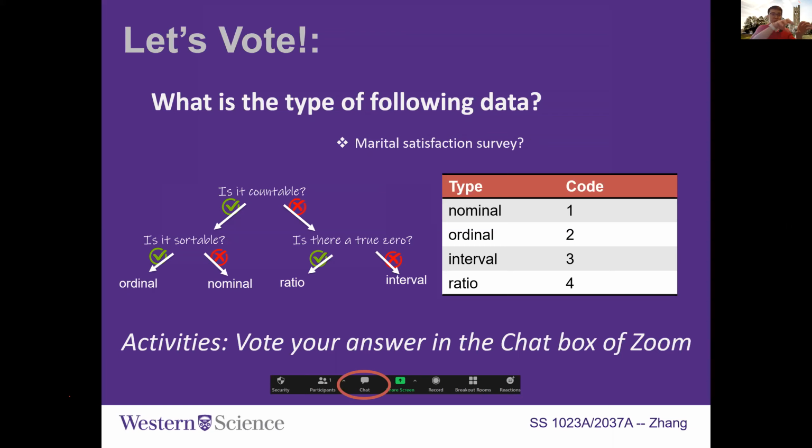We can see that very satisfied is more satisfied than neutral, which is more satisfied than not satisfied at all. So in that case, we can do comparison. That's why we should regard marital satisfaction as ordinal data. I guess most people get it right.